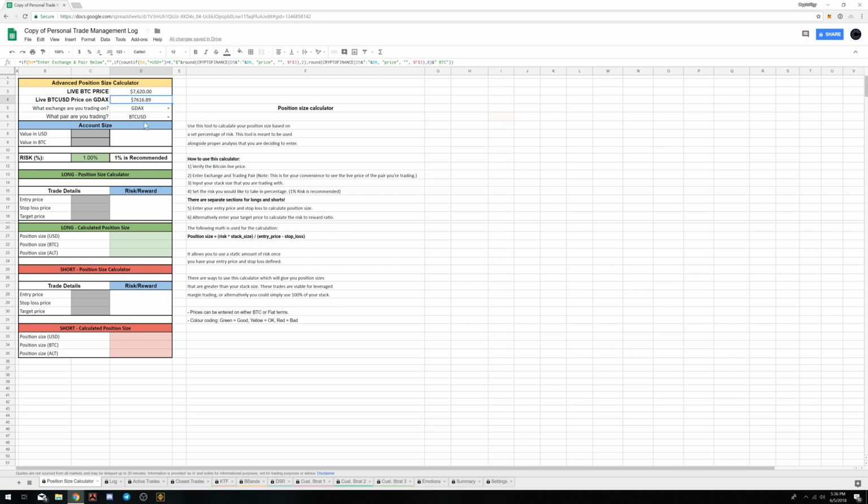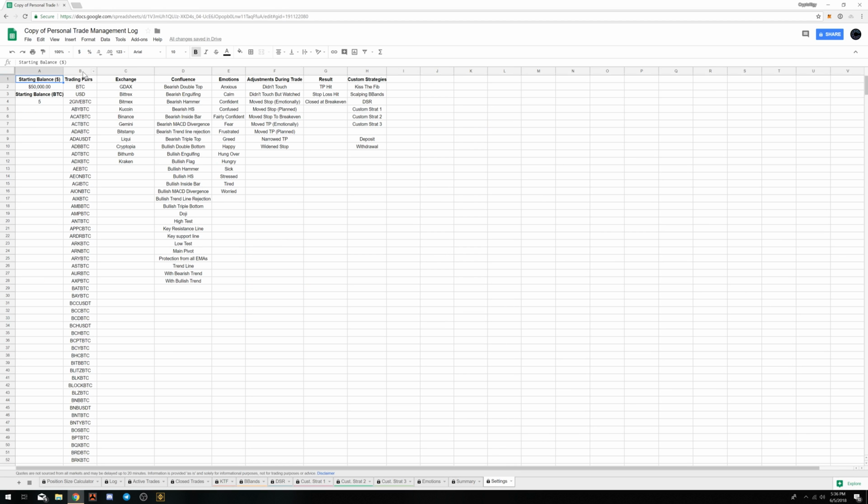This allows you to get the live Bitcoin price in the position size calculator, which is really nice and handy. So you just have it right there when you're entering your position size. The next thing you want to do, once you confirm that this is the actual live Bitcoin price and it's updating properly, is go to the settings tab and enter in your starting balance in dollar amount,